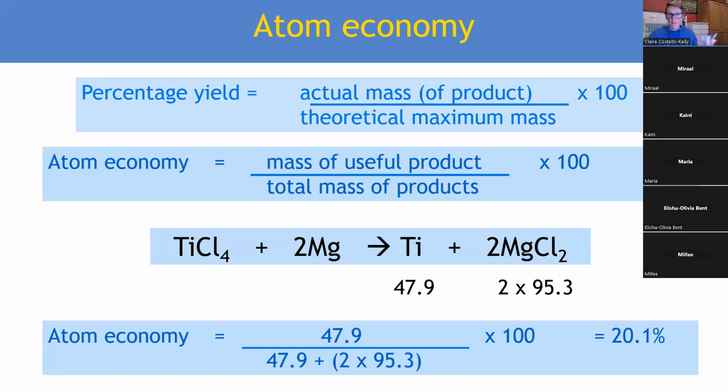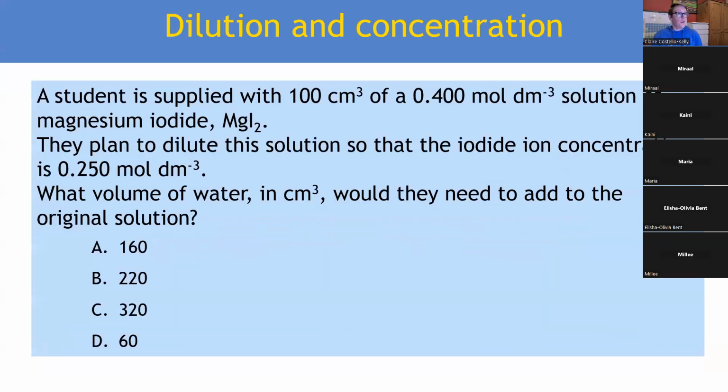Okay, let's move on from atom economy. It isn't something you need to worry about too much because it's not asked as much as you think. It's usually just one little multiple choice here and there, a little one marker at the end, maybe two. That's about it. This stuff, though, dilutions,